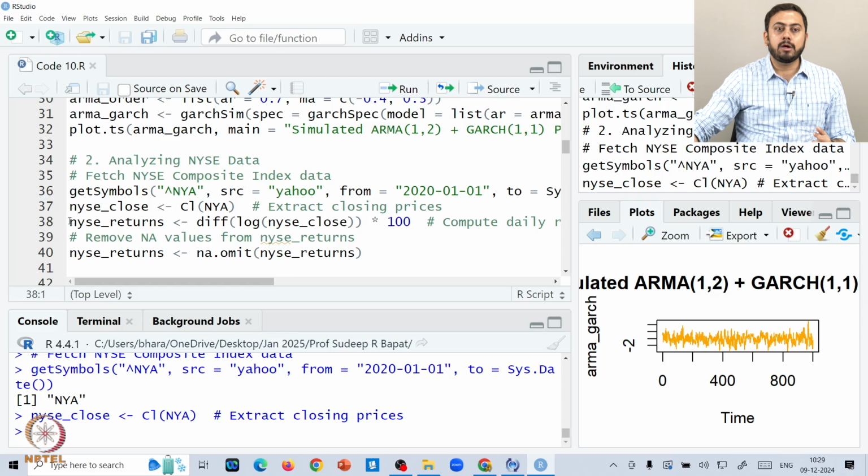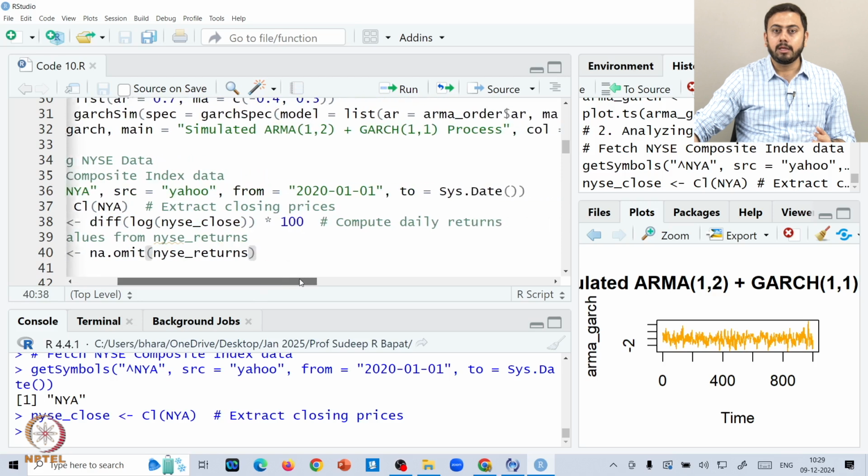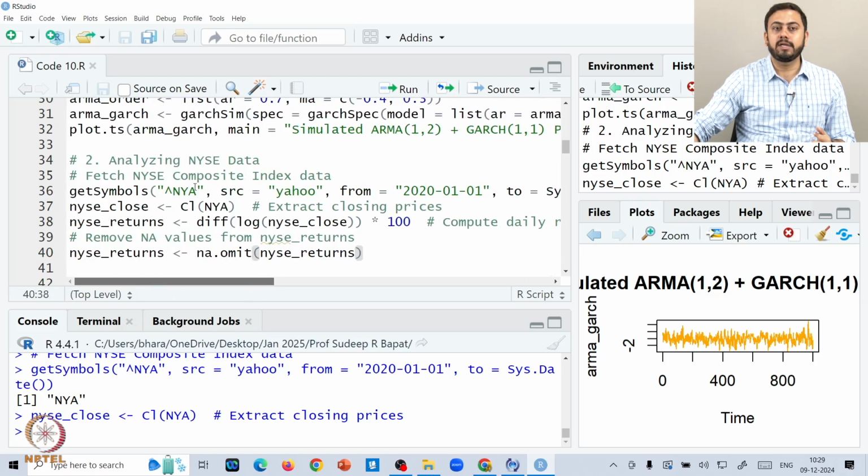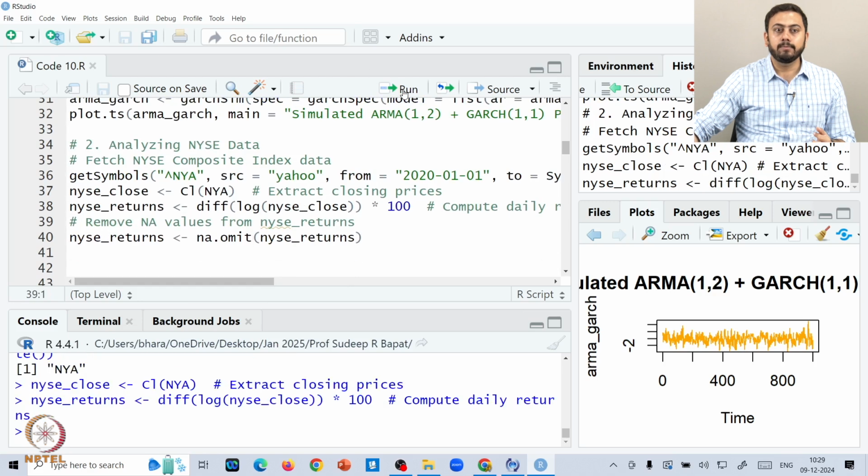And now again, we will not play around with the prices itself, we want to play around with the returns, okay. So NYSE underscore returns is nothing but the first difference of log prices times 100. This small formula ensures that we are converting the price data to returns data. As mentioned here, it computes the daily returns of the data. So let me run this NYSE underscore returns.